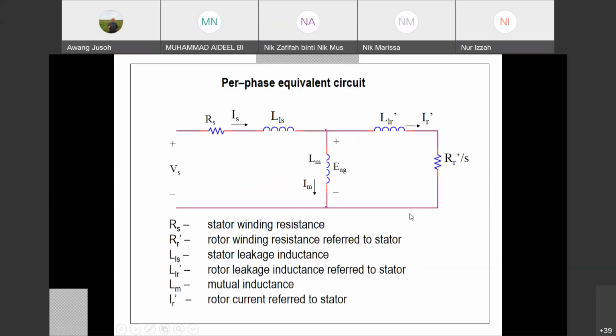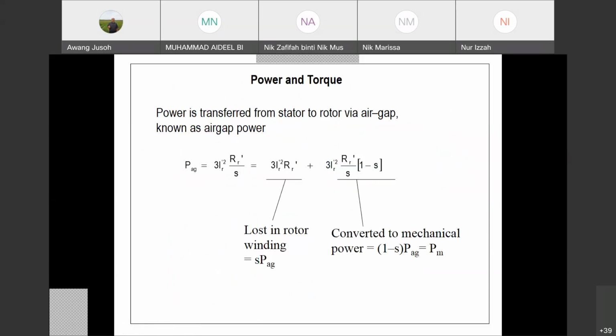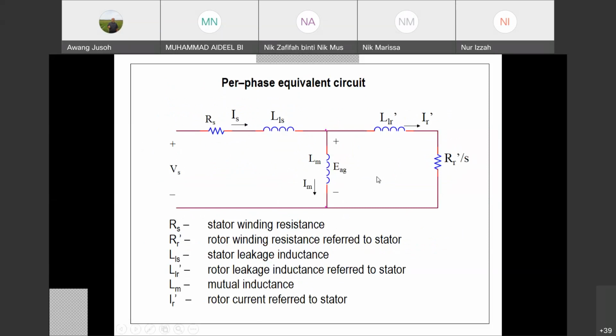Okay, simple, right? Very straightforward, only for the induction motor. So now I just refer to this circuit first. We have several circuits later on. For example, this is the IEEE circuit. Later on, we can have the Thevenin circuit, and we can have the approximate circuit. Maybe there are different circuits you can find later on, but normally we start with the IEEE circuit first.